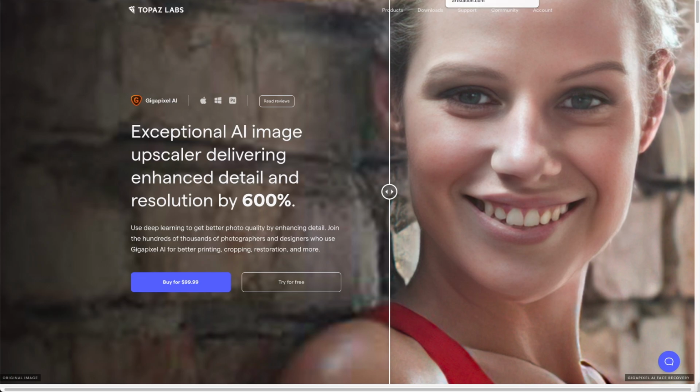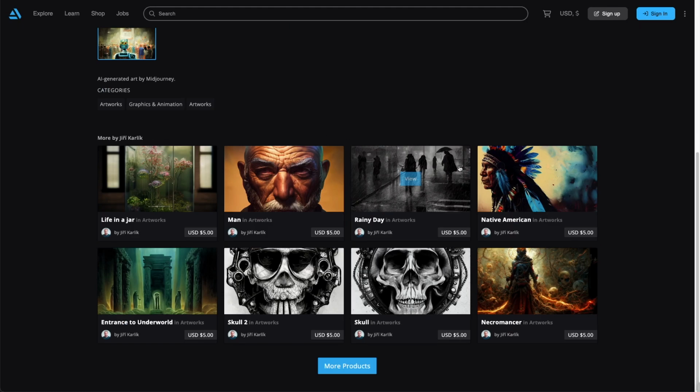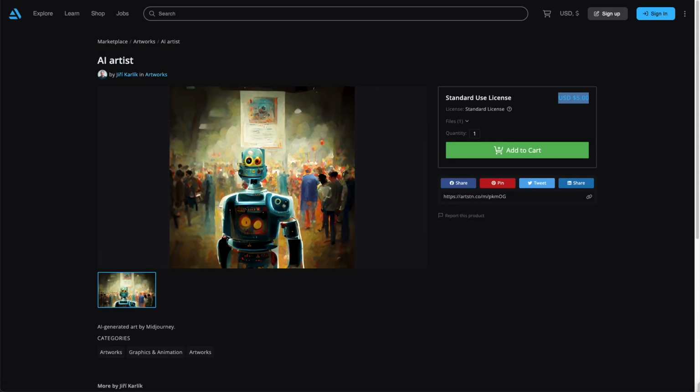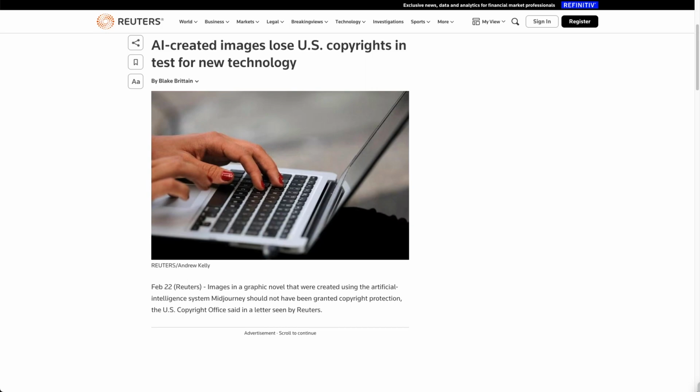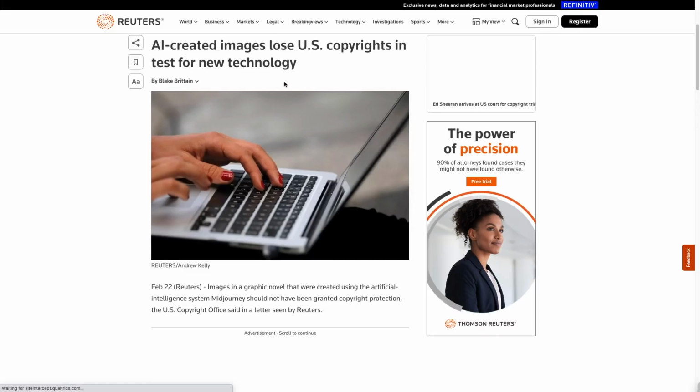As I jump in here to ArtStation, people, of course, are selling their work, albeit at a small price, $5, lots of different images here. Pretty simple process. On the other hand, as we look at AI created images,